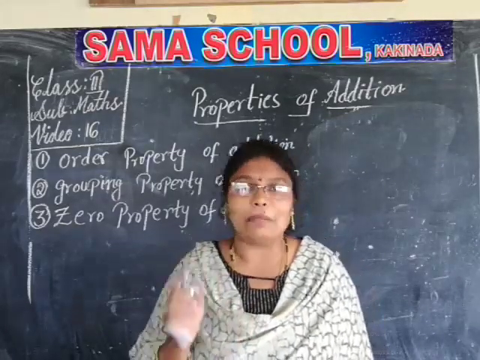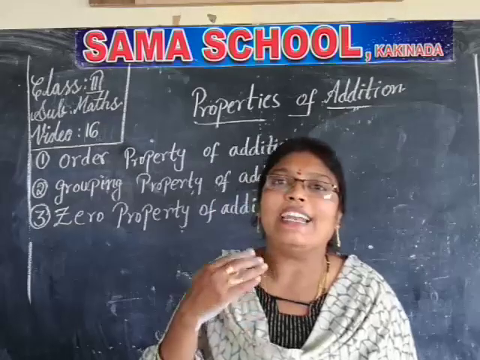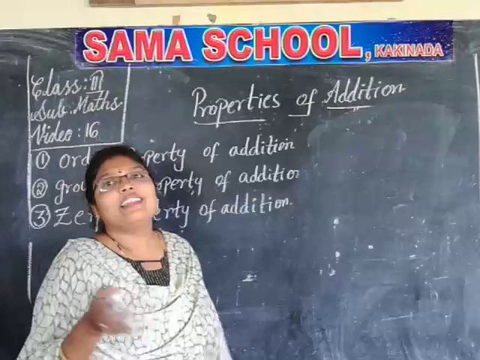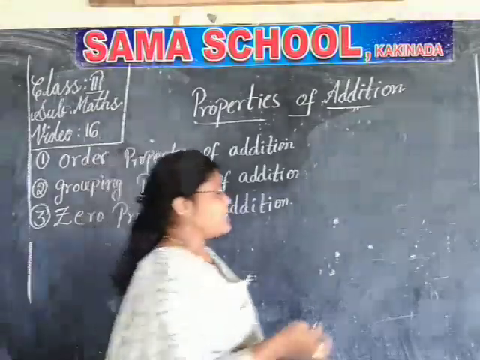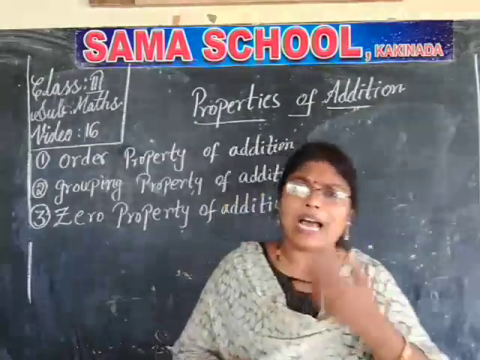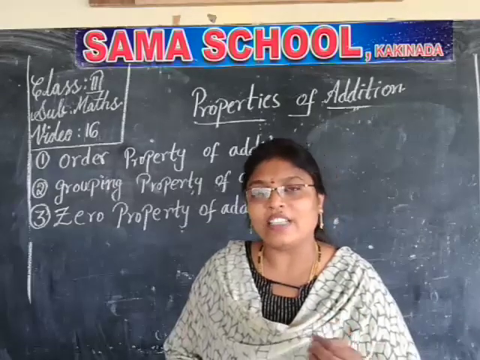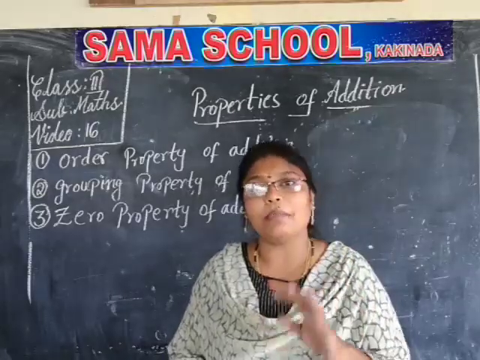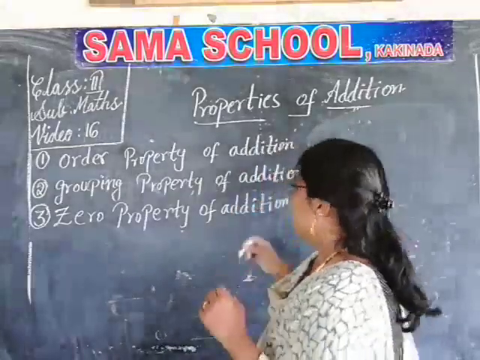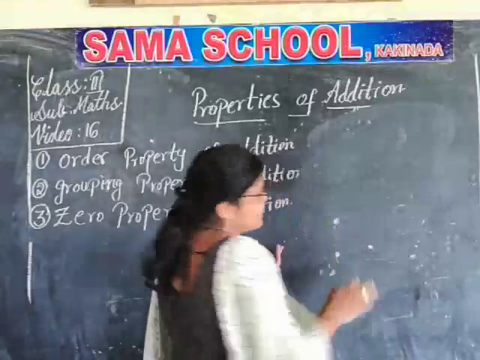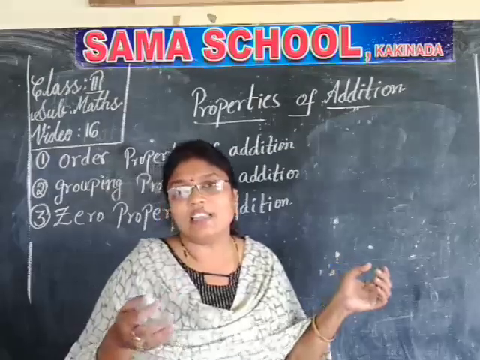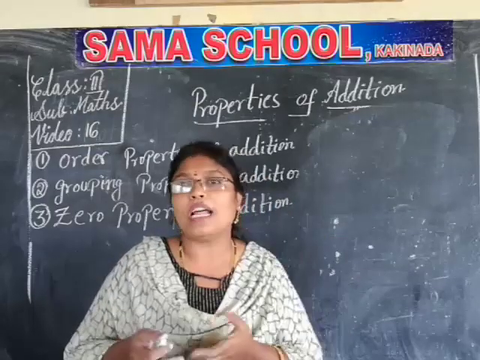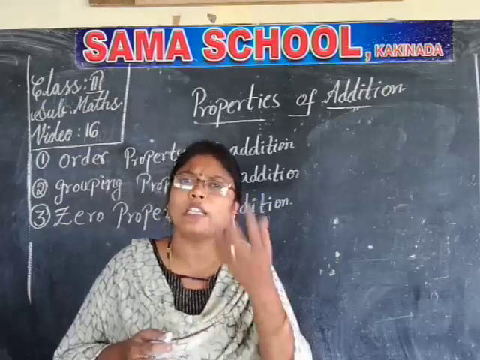The same number. When 0 is added to any number, the answer is the number itself. For example, however big or large the number is, when 0 is added to it, the answer will be the same number, that number itself. In other terms, if 0 is one of the 2 addends, the answer will be the non-zero addend.